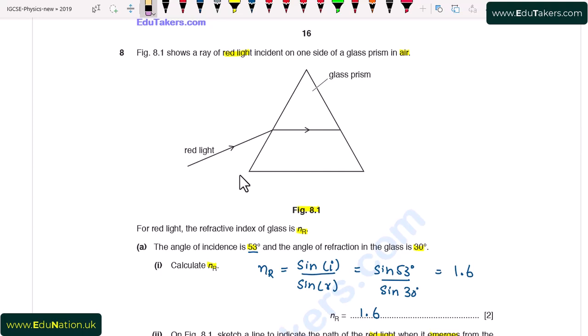the ray is coming from denser to rare medium because glass has high density, so it is denser, and air has low density, so it is rare. And we can see that for the refracted ray, this ray comes from glass into air. That's why I am going to say that the ray of light is coming from denser to rare medium. When the ray of light enters from denser to rare medium, then it will bend away from normal.